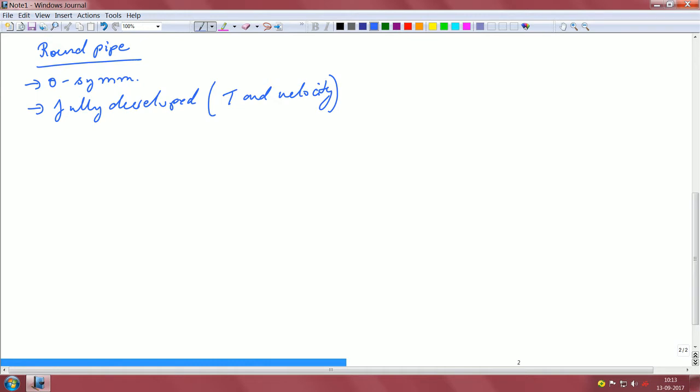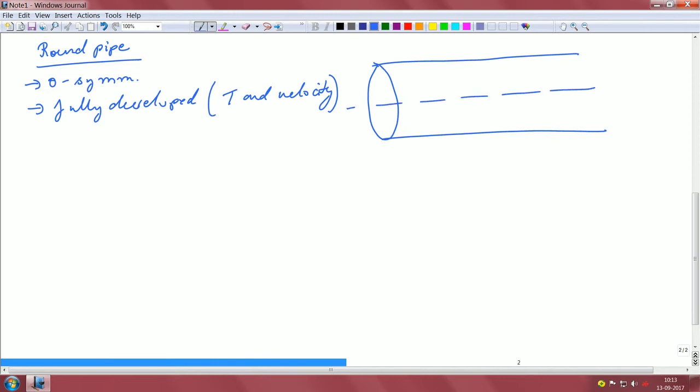Now, fully developed means that even the thermal boundary layer has developed. I am not saying that the two boundary layers have the same entrance length, that is not the question here. So, if this is the round pipe that you have, and this is the center line, it is possible that this is your XH, where the hydrodynamic boundary layer has merged. From here onwards, x greater than XH is what we call hydrodynamically fully developed,